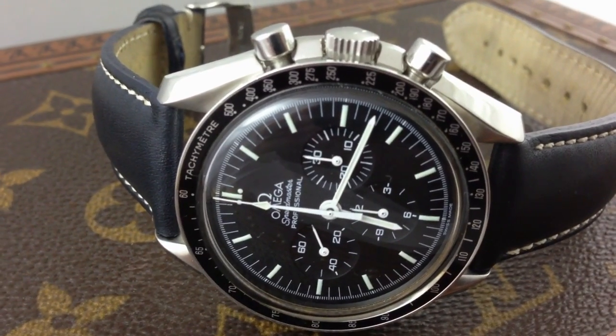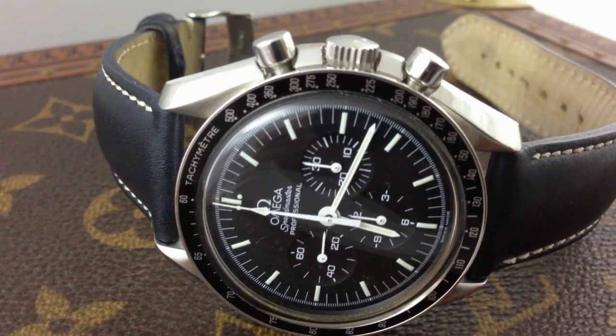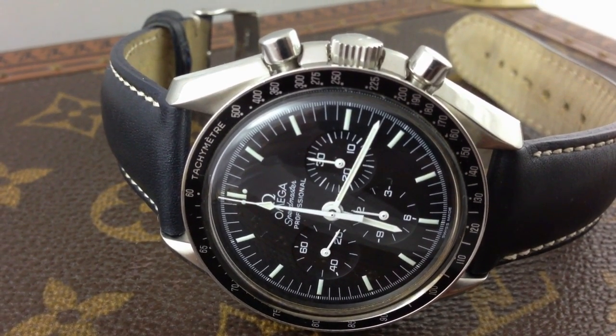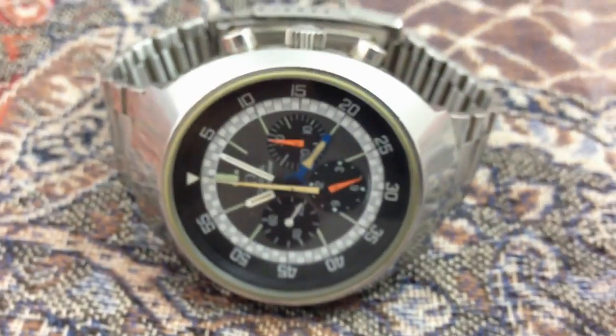Well, they even had watches before the Daytona, like pre. Rolex had chronographs pre Oyster case. Yes. They had different types of cases there. So with Omega, yes,